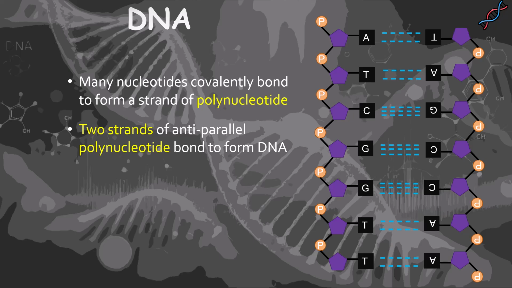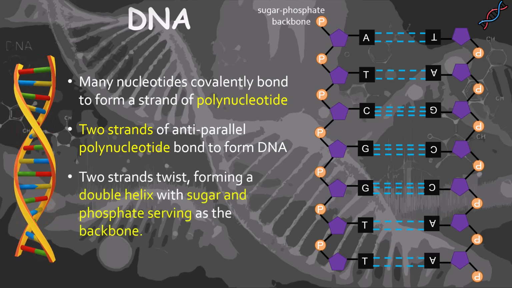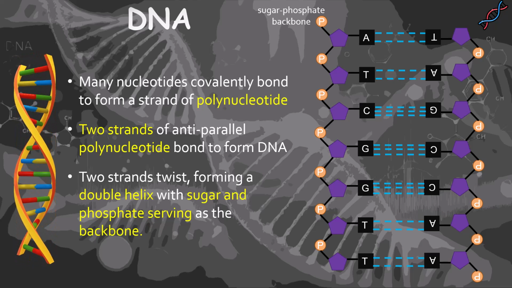2 strands of antiparallel polynucleotides bond together with numerous hydrogen bonds to form a DNA molecule. Antiparallel simply means that the complementary strand runs in the opposite direction or is upside down, as illustrated in the diagram. The 2 strands twist, forming a double helix, with the sugar and phosphate serving as the backbone of the